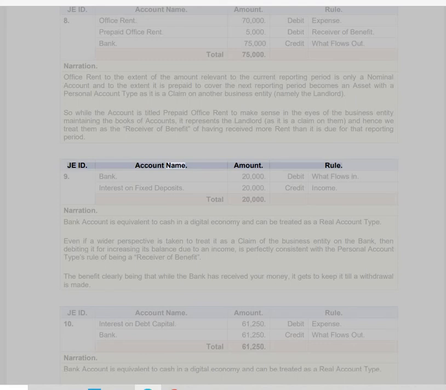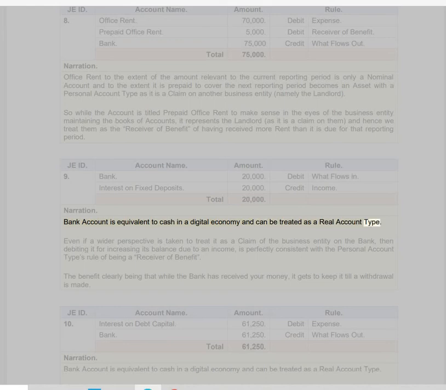JEID, account name, amount, rule. 9. Bank, 20,000, debit, what flows in. Interest on fixed deposits, 20,000, credit, income. Total 20,000. Narration: Bank account is equivalent to cash in a digital economy, and can be treated as a real